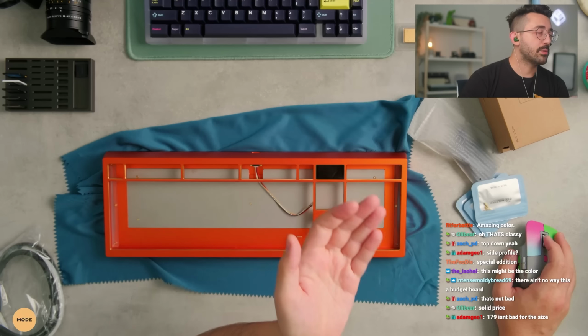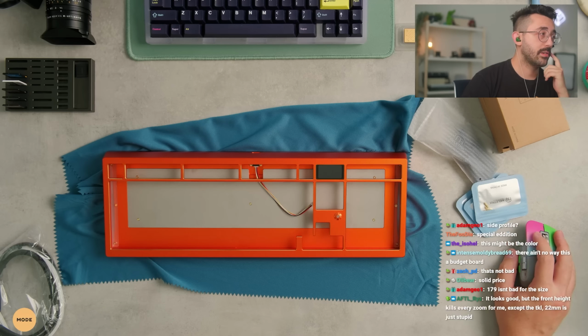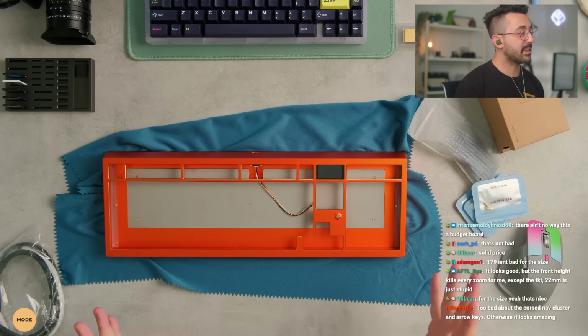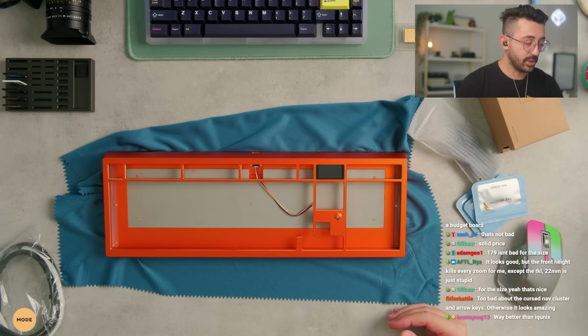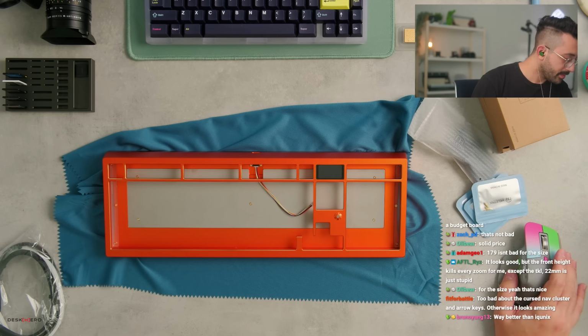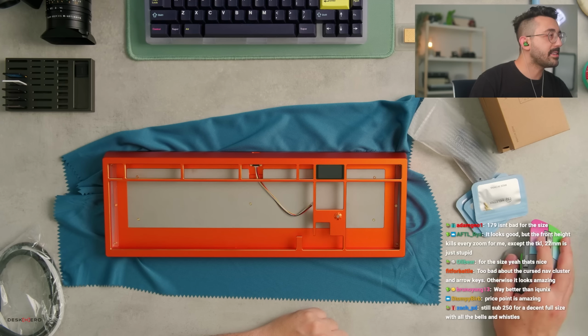And then if you want to go just with the standard wired one, so not having Bluetooth, it's no extra charge. So that's kind of where it shows some of its price. Still under $250 for a full-size keyboard. The ano on this is beautiful. There's a big internal weight, which I want to say that there's no...